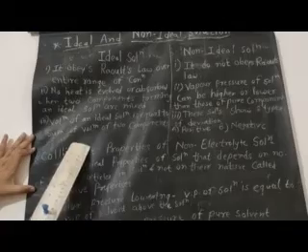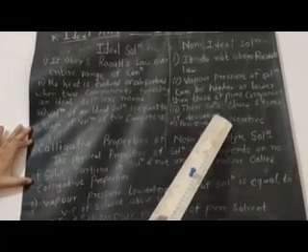In a non-ideal solution, the vapor pressure of the solution can be higher or lower than those of the pure components. In an ideal solution, the volume of the solution is equal to the sum of the volumes of the two components. And a non-ideal solution shows two types of deviation. First is the positive deviation and second is the negative deviation.